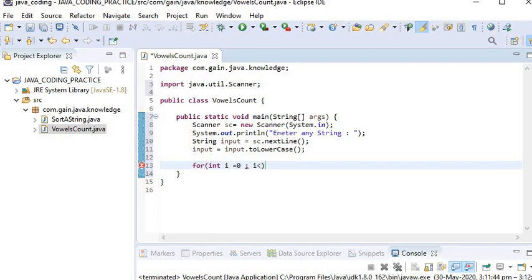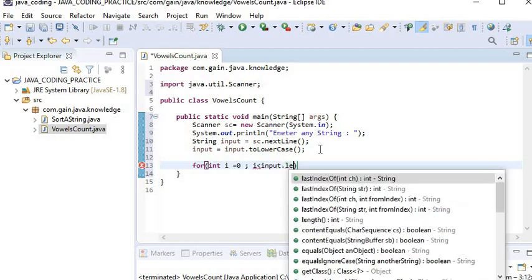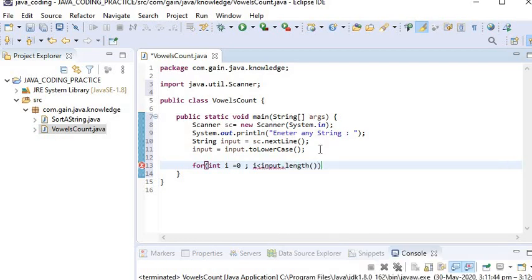The loop will run while i is less than input.length. Here we need to define the condition. First I will show it with a switch condition.